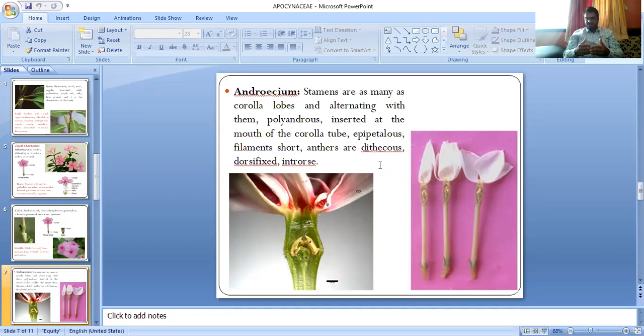Independent means they are not bound or grouped in bundles, one bundle or two bundles, with the help of their filaments as well as their anthers, or only filaments or only anthers, right? No such condition is there. Each has its own single stamen. They are not grouped in bundles. Such type of stamens are called polyandrous stamens,